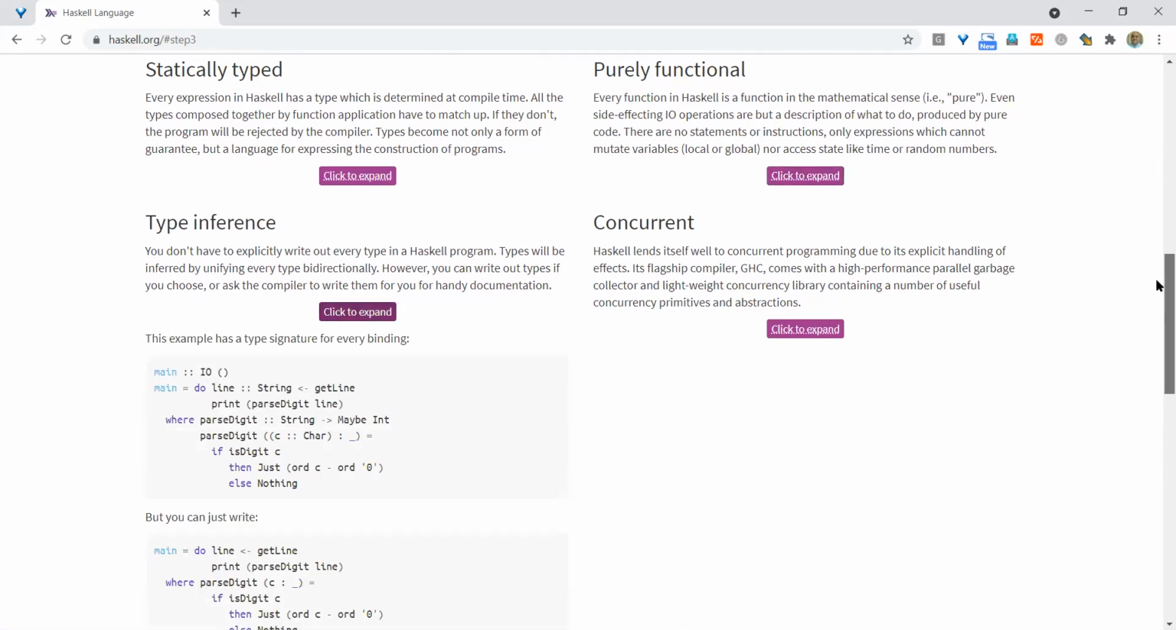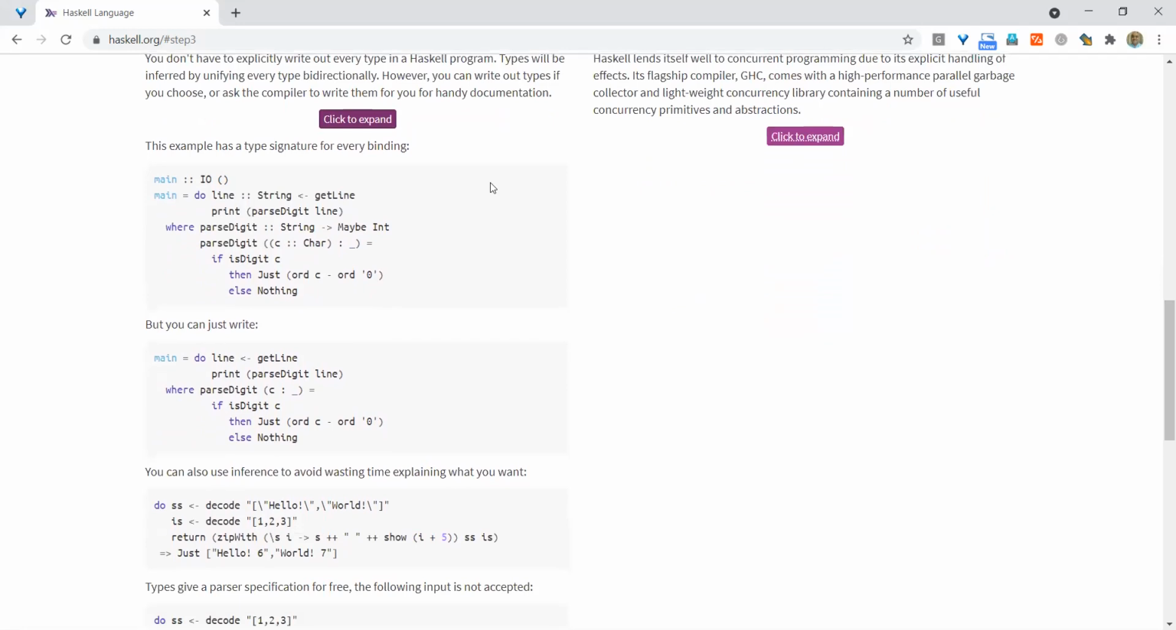All right, so let's see what this does. This example has a type signature for every binding. Okay, so this is a function main. I don't know how it is defined. main :: IO, I don't know what this means. We'll explore this further. main is equal to do. So do would have a y. Do, this looks like corresponding